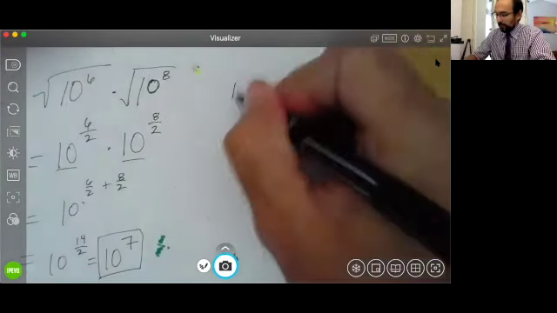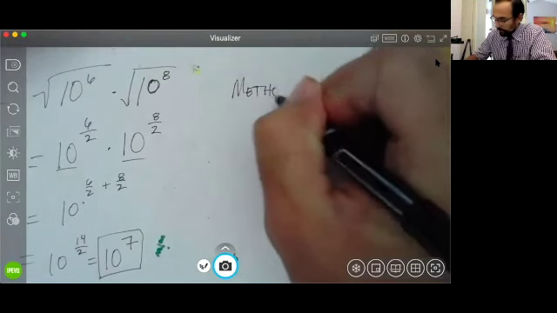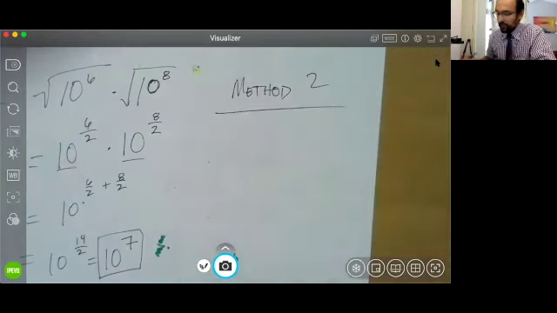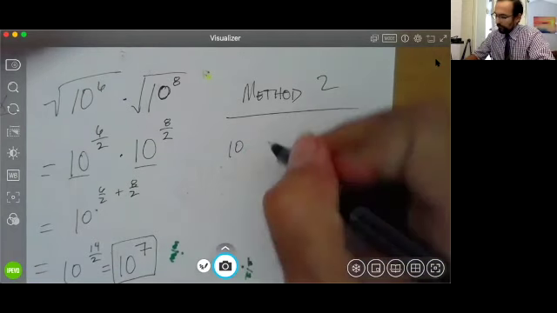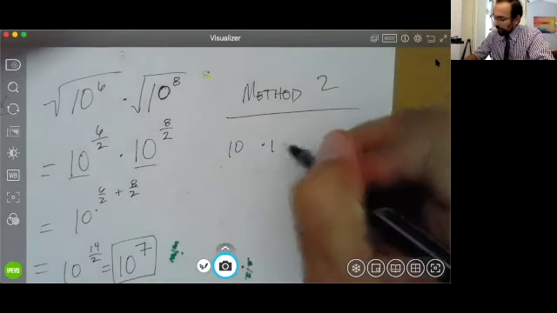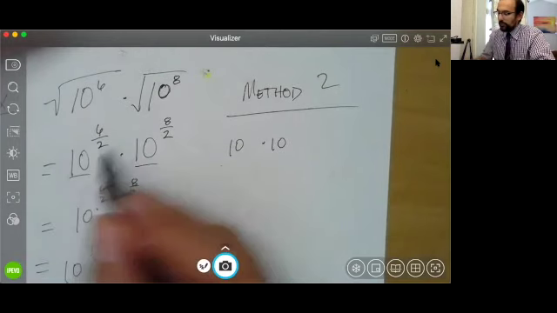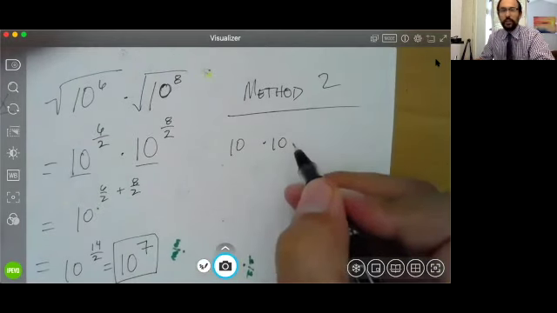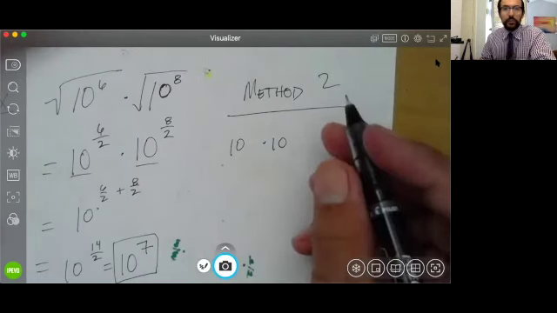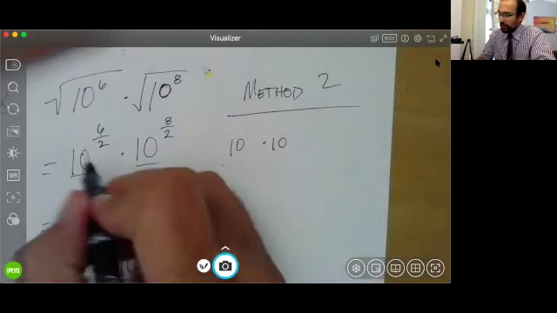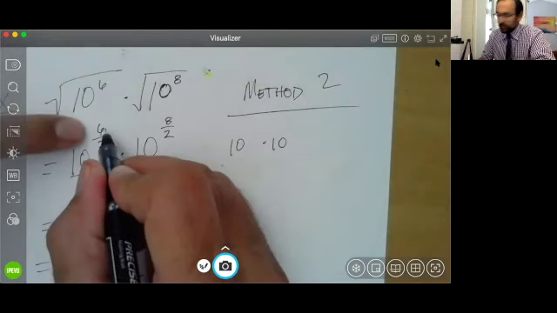Now, again, like the last one, I showed you the other method. Let's go with method 2, the quicker one. So there are two shortcuts here for that quicker one. So first of all, I know I have 10 to the power of 6 over 2 times 10 to the power of 8 over 2. Well, guess what? You can simplify that. Simplify whenever you can. It makes your problem a lot easier. So the quicker you simplify, the better. So 6 over 2 simplifies to